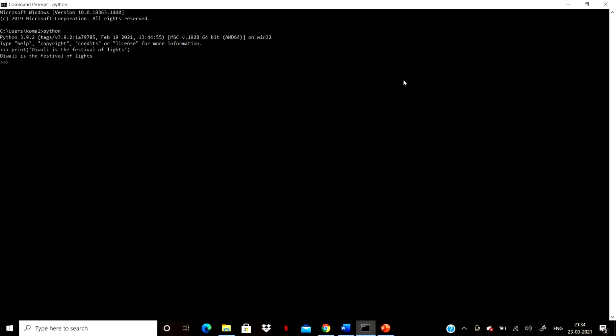Here we have used print function to print out a string. Diwali is the festival of lights. Here print has been used to print out a number value.